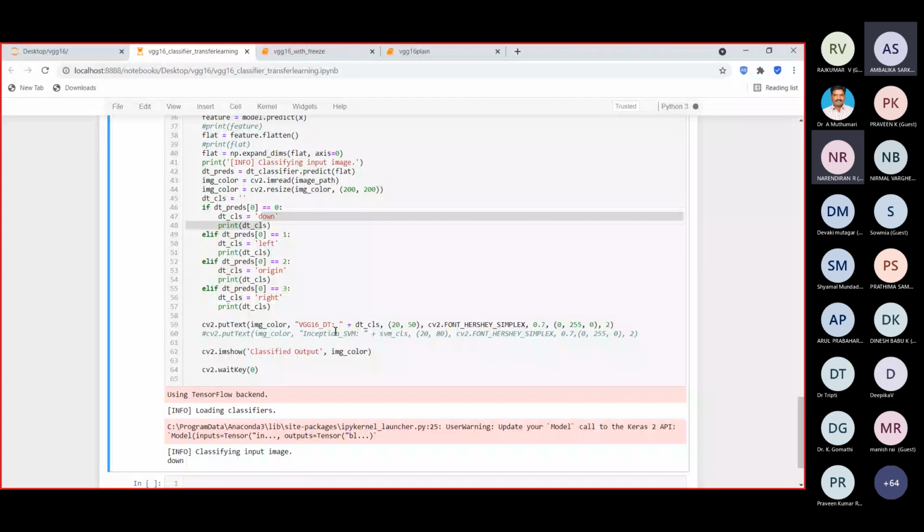Yes, you see here, it's classifying the down image as down.